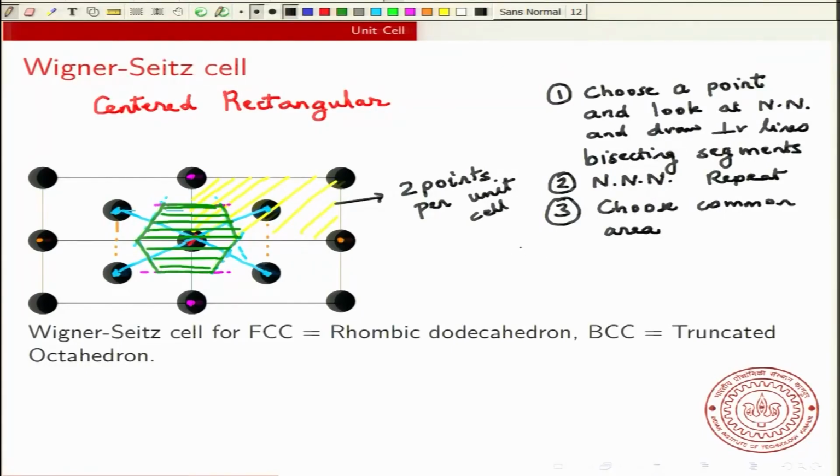So I will just mention this, that in 3D you have planes intersecting. So instead of having lines intersecting, you will have planes that are intersecting. So for example, if you had an FCC, let's say you had a